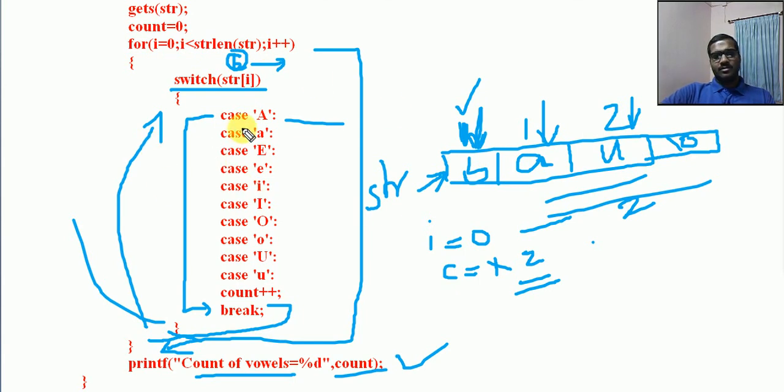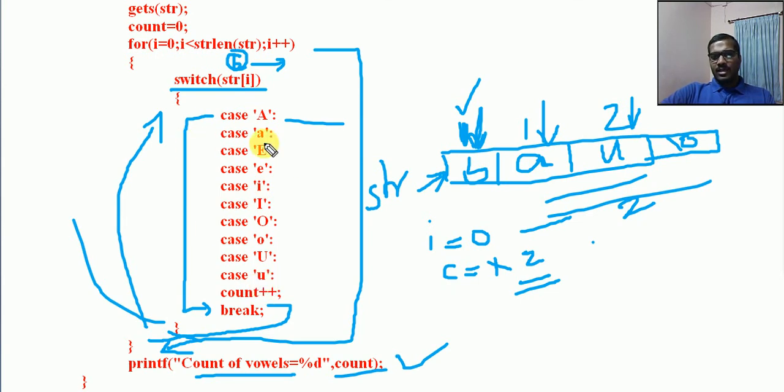If str of I is equal to capital A, or str of I equal to small letter a, or str of I equal to capital E, or str of I equal to small letter e, up to U, we write all the combinations in that if.